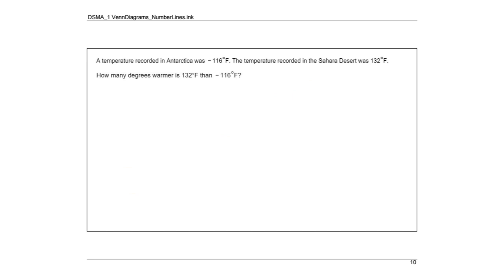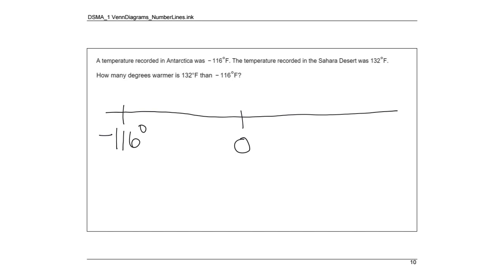Okay, so this one's a little deceiving. So I'm going to use this huge number line. My number lines are getting really crooked. All right, so I have a 0 in the middle. It says a temperature recorded in Antarctica was negative 116 degrees. So that would be way out here. Degrees Fahrenheit. And then the temperature recorded in the Sahara Desert was really hot,